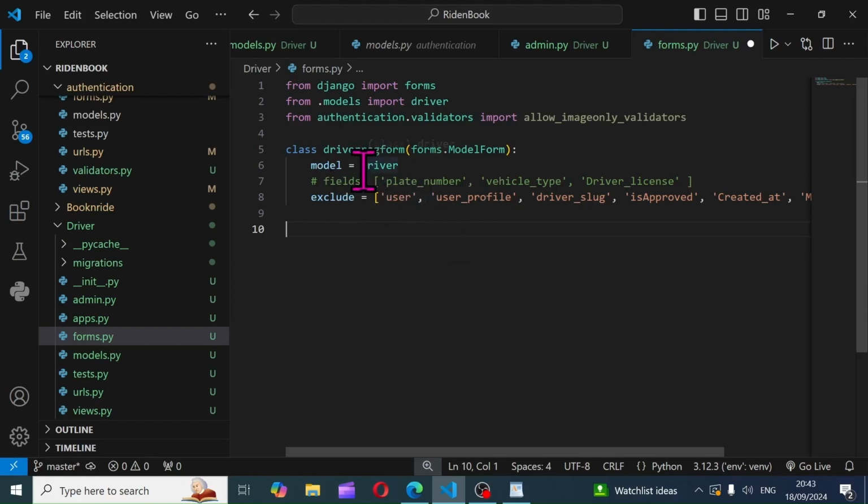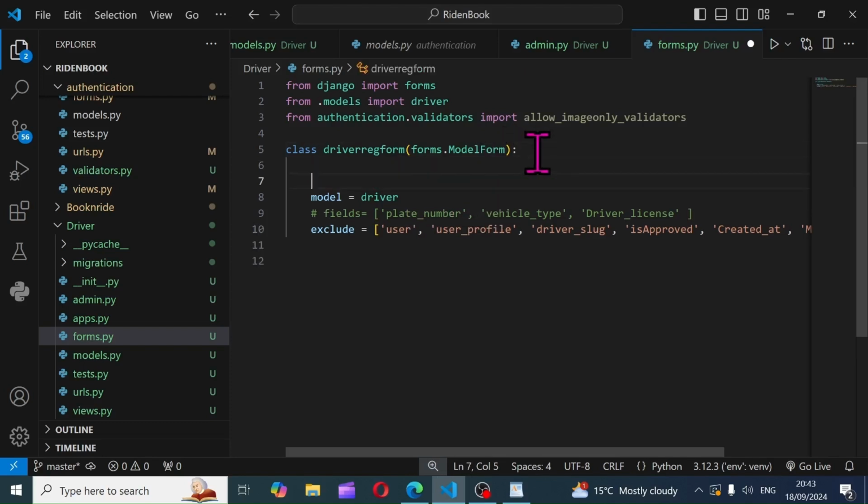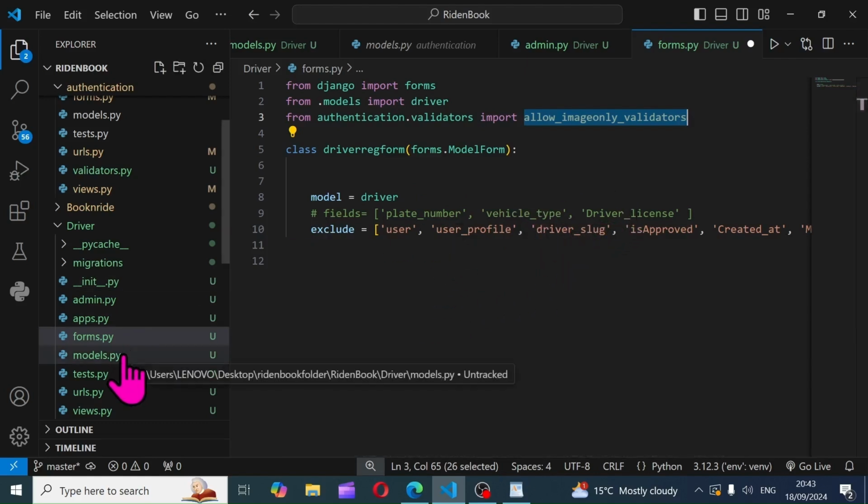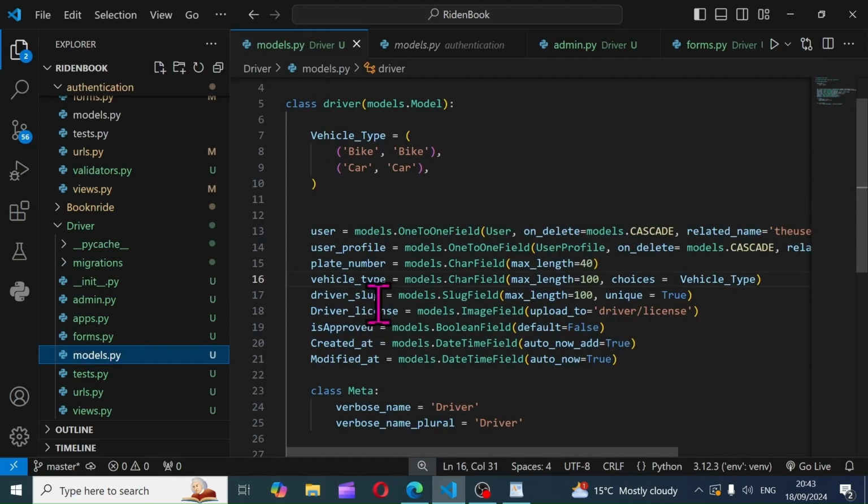With what we've done now, we can render the form on our HTML templates and the user can create their driver account if we write the views. But we want some other functionalities with our form, so we're going to do a few more things now. We need to apply these image only validators to our driver license, because if we leave it like this, it's not going to be applied and the driver can upload whatever file format they want. So what you need to do is, where is my model? I will go to my driver and my models.py, and you pick the driver license,